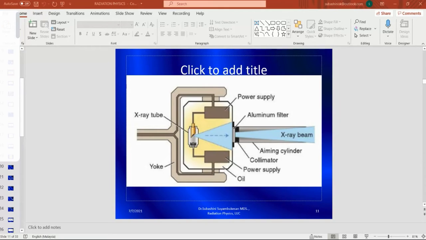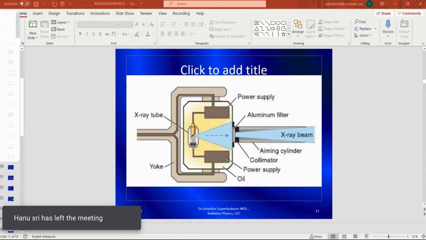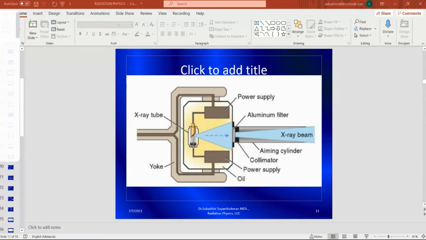Right. So how are X-rays produced? Anode is there, cathode is there. You are giving a potential difference between the anode and cathode. For dental X-ray, it is 72 kVp. When you give a potential difference, the anode becomes more positive and the cathode becomes more negative. This cathode is nothing but a tungsten filament. It heats to incandescence. When it is heated to incandescence, what happens? You have an electron cloud surrounding the cathode tungsten filament. The anode is also tungsten, but it is a tungsten rod embedded in a copper stem.